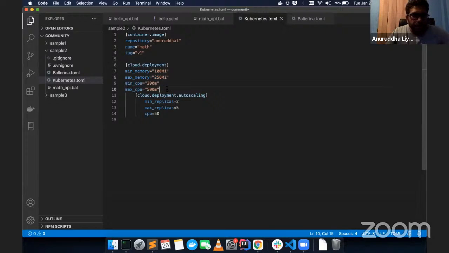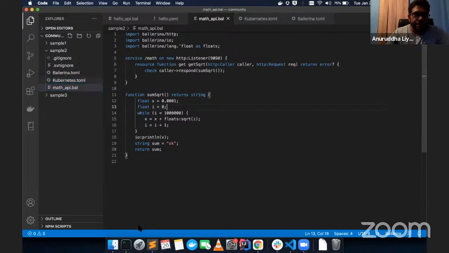Minimum CPU and maximum CPU are also provided. We have given the auto scaling configurations here. We have said it should have a minimum of 2 replicas and a maximum of 5 replicas, and when the CPU is greater than 50, we should scale this one.